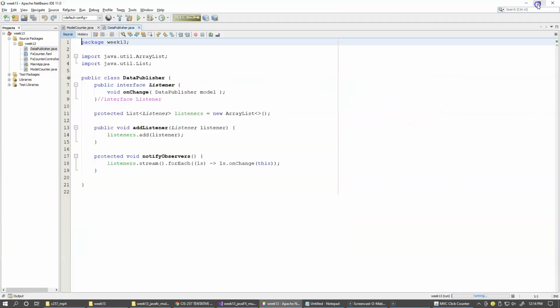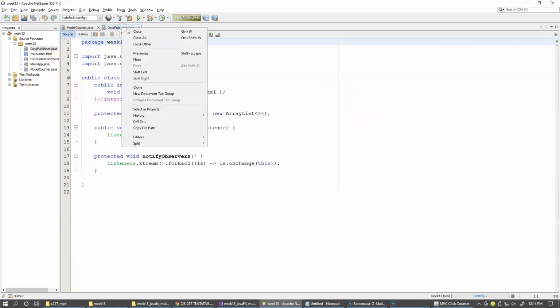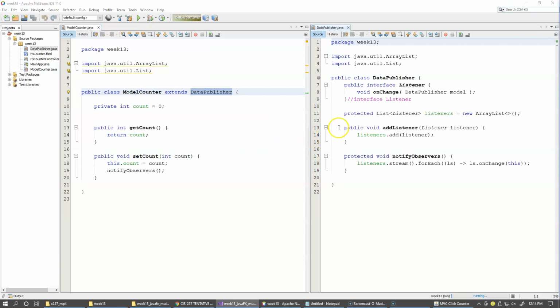Let's show both of these classes side by side. The data publisher class is now a superclass of the original model counter. As you can see, model counter extends data publisher, so the model counter is now a subclass of the data publisher. Notice that inside the data publisher, the method notify observers uses a reference to the listener or subscriber on change method when updating the listeners. Now, inside the controller,